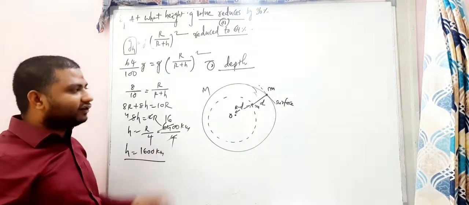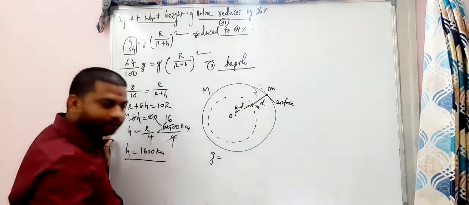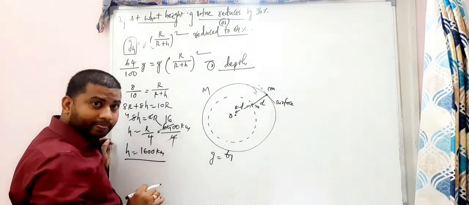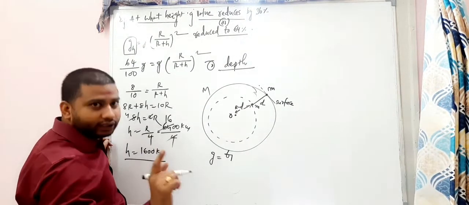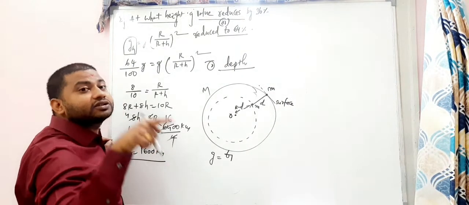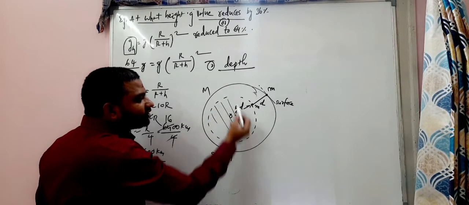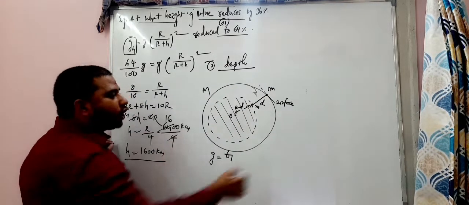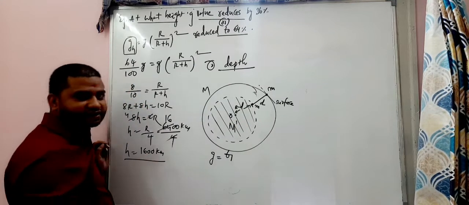Right? Here, we use the same acceleration due to gravity formula: capital G into mass. What is that? Mass of the planet. On which surface is this kept? On this surface it is kept, my dear students. So not on the huge mass M. On this surface it is kept, and whose mass I can write as M dash.